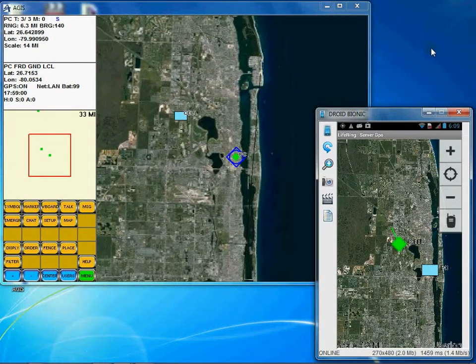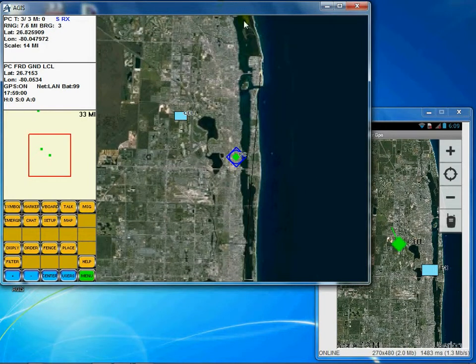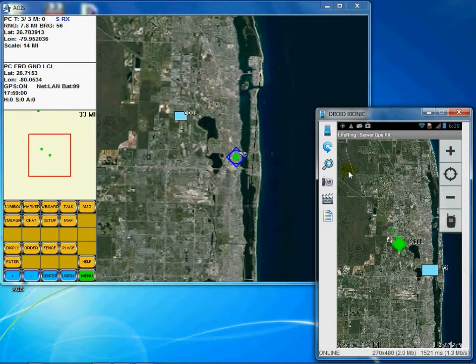Welcome to a brief overview of the AGIS LifeRing system shown both with the PC and Android clients. You will note the PC client is shown here on screen, and the Android client is shown here as well through the use of a third-party software. This third-party software is not owned by AGIS and does put a slight time delay on the viewing of features from the Android device. In real time, these will be much quicker. But for the purposes of the demo today, we'll put both devices on screen to be easily viewed with the